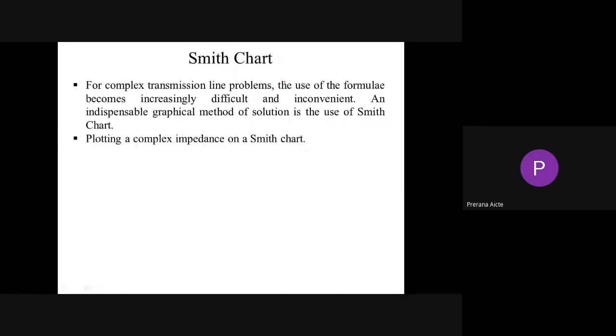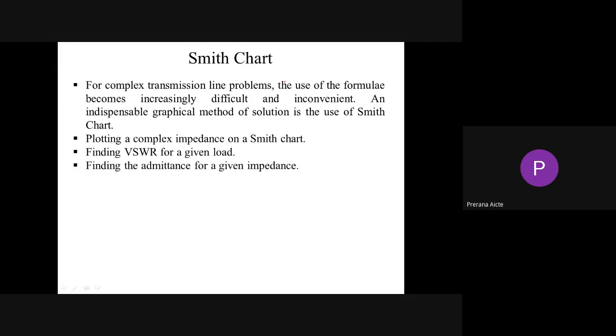So we have to use complex impedances on the Smith chart. Complex impedance is nothing but the capacitive impedance, inductive impedance, and a resistive component, and finding the VSWR for the given load. Based on the load Z of L, we have to find out the VSWR. The reflection coefficient is equal to Z of L minus Z naught divided by Z of L plus Z naught. So once the load is given, we have to find out the VSWR based on this graphic also.